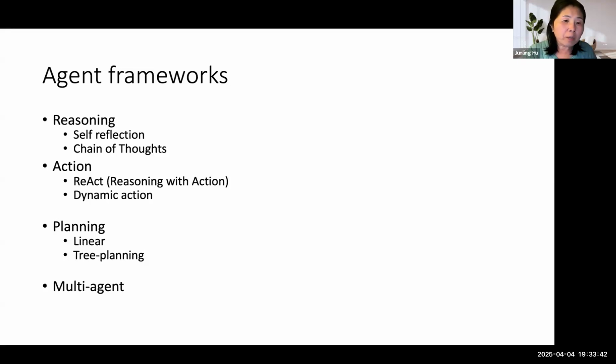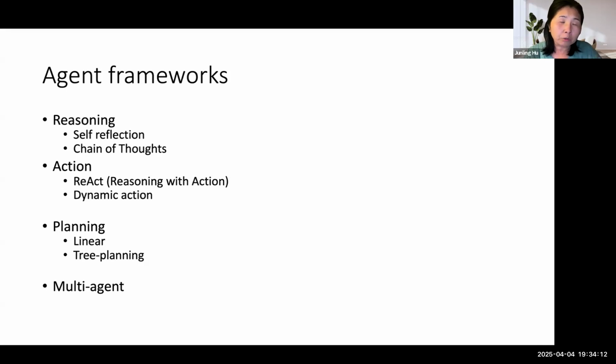So to summarize, the fundamental capability of the agent is reasoning, doing chain of thought, action, using the tools, and action combined with reasoning, called ReAct. And now ReAct has become very popular in agent design. I think a majority of agents today are designed with a ReAct prompt.